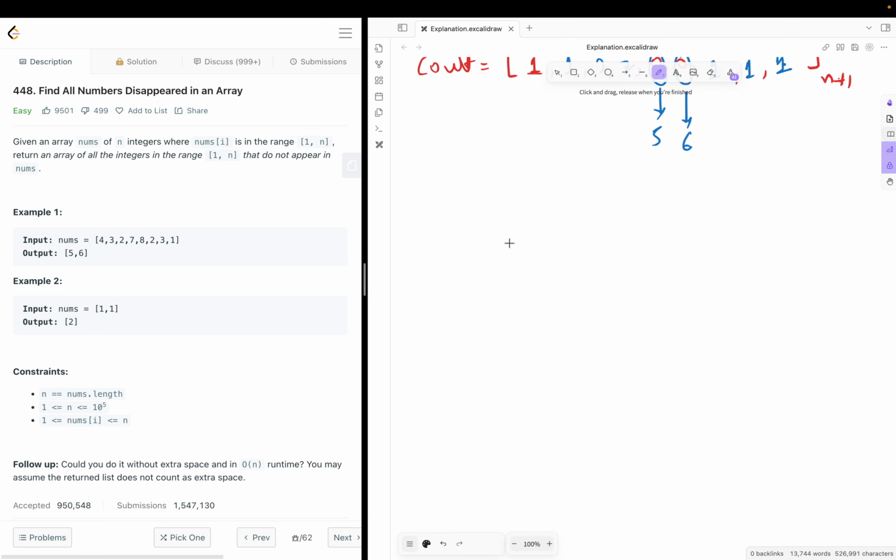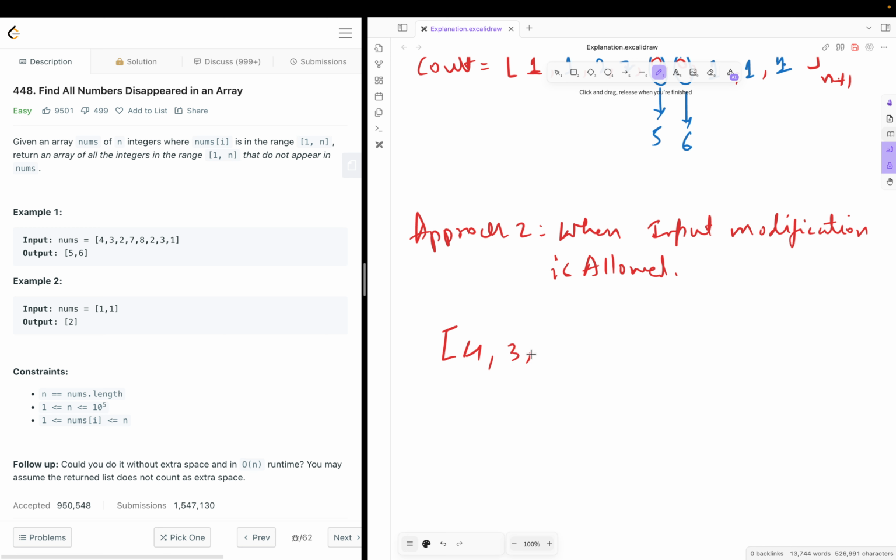And another approach is if we want to do it in place. So approach 2 would be when input modification is allowed. In that case, we'll start placing the original numbers in the original array at their correct positions. What I mean by this is, for the original nums that we have, since this is a one-indexed array, we'll shift all the values by one